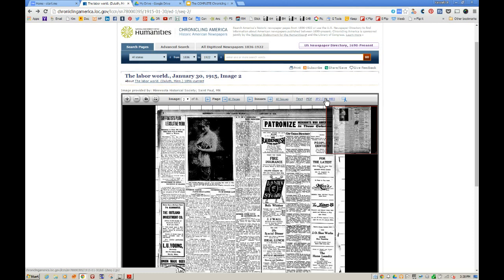The problem with JPEG 2000, in my personal opinion, is that there isn't a lot of software out there that allows you to manipulate images with it. So I don't use it. If you are used to using it, you like to use it, I would recommend it, but it's not one that I choose to do just because there isn't a lot of software that I have in my collection to manipulate images in JPEG. Now, the other thing I want to show you is this little clipping and scissors tool